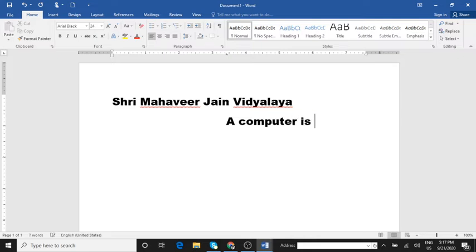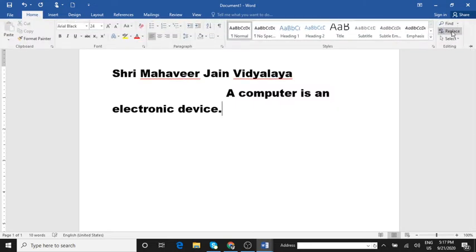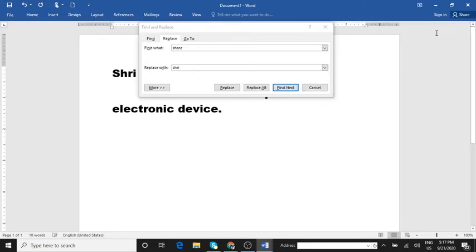Computer is an electronic device. Okay. So I will be replacing device with machine. What I do is click on the home tab, click on the replace option in the editing group. Here I have typed device. With that I'll replace the word device with machine. Okay, replace